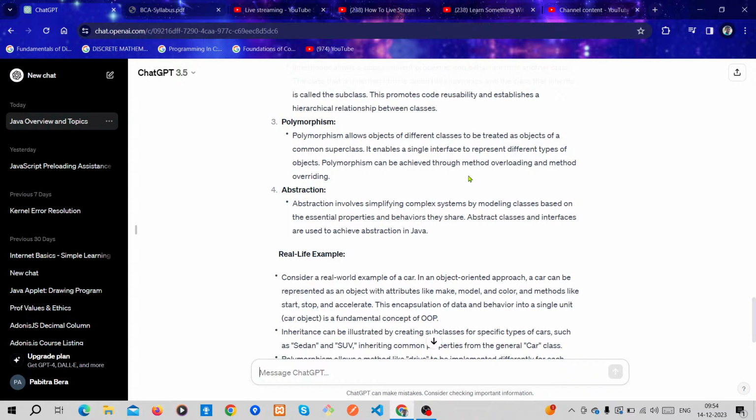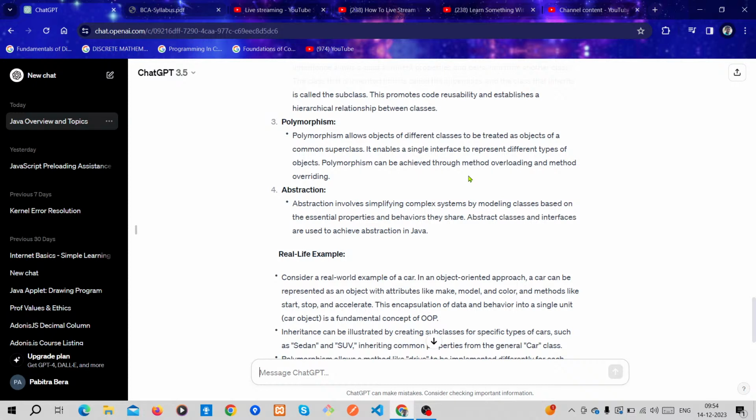Another thing can happen here: the sum function has the same name in different classes, but different parameters, for example two integer parameters in one sum function, another with two integer parameters and one float parameter, another with one string parameter and one integer parameter, like this. Now the name is the same, but the parameters or the return type are different.